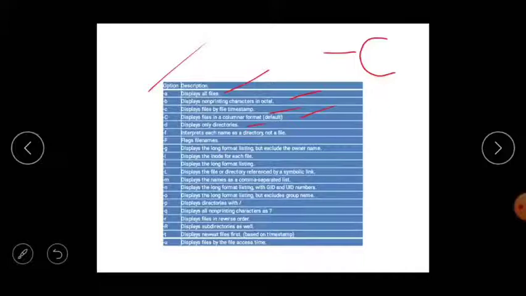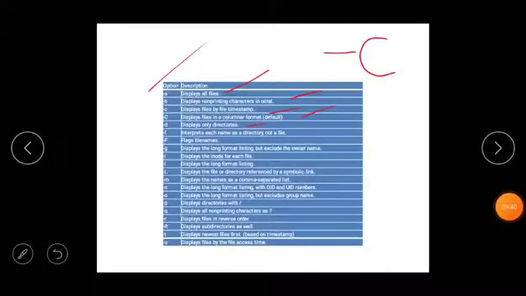Next, minus d, display only directories. What directories are present? Minus d, we're going to list only directories. Okay, next one is minus f. Interpret each name as a directory, not a file. Means here it's going to consider it a directory even if it is also a file name.